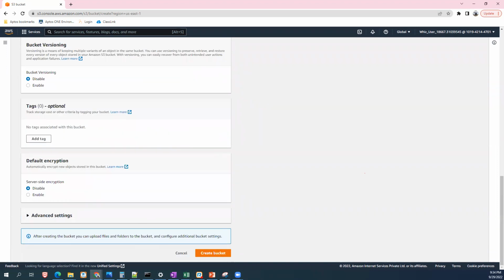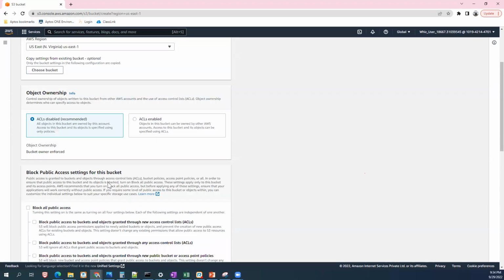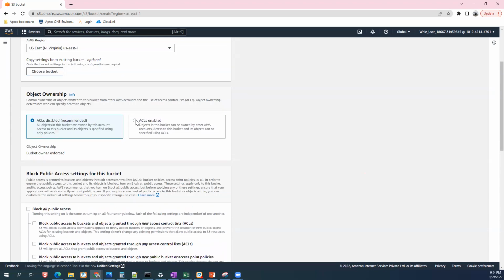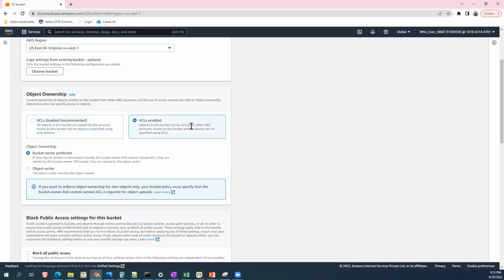Okay, let me see what he tells us. First of all, name and object ownership, select ACL enabled and select the object writer as object owner. So ACL enabled. Oh, ACL enabled. Okay, see, there is one more change here. Object ownership, earlier it was disabled. Even I cannot access my object, but here objects in the bucket can be owned by other AWS accounts. Access to the bucket and its objects can be specified using ACLs. Now people can access that one. So that is a change he actually wants us to do. Select the ACL enabled and select the object writer as object owner option. Okay, this one actually. The difference between earlier and this one. This is ACL enabled. Got it?